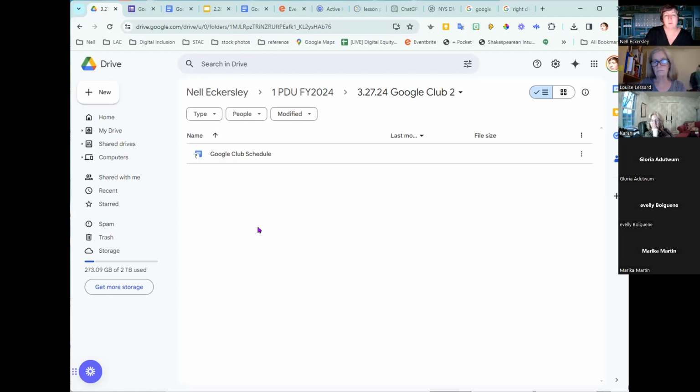Most Google documents, another reason we like Google, is that if I share it with you and I give you edit capability, you and I could work on it together and make changes, or you could work on it and I'd see your changes. Google Forms are the one time when that's a little harder to do. You have to kind of play the game a little bit. You can add a collaborator, but that I found is tricky. So the way I usually do that is I put it in a folder and then I share the folder, and then anyone can see what's inside that folder that I share it with.